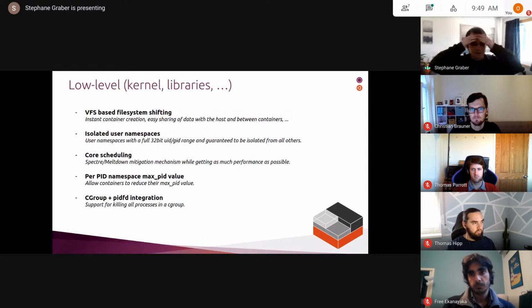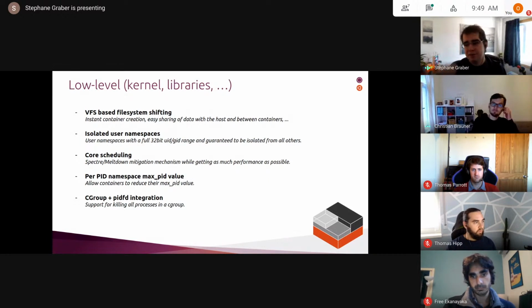And now we enter Christian territory. So it's all of the low-level stuff. That list is pretty much all kernel stuff. We also have some amount of related work we do in LXC and LXCFS and LXD to actually make use of that, but that's mostly our kernel to-do list at this point. So I guess I'll let Christian go through that. We can basically discuss most of these things together, so we can also go through them together, I guess.